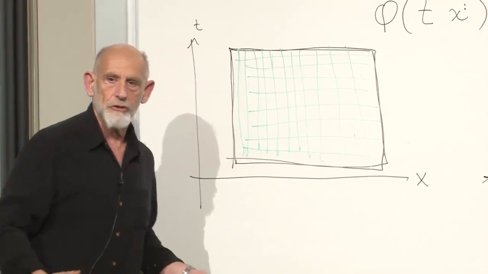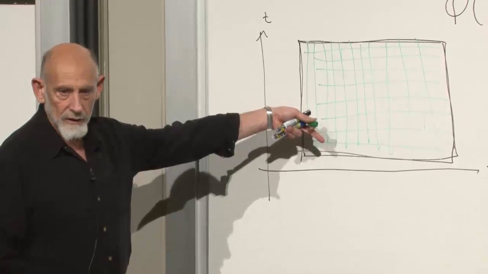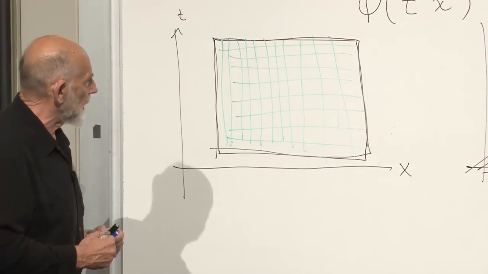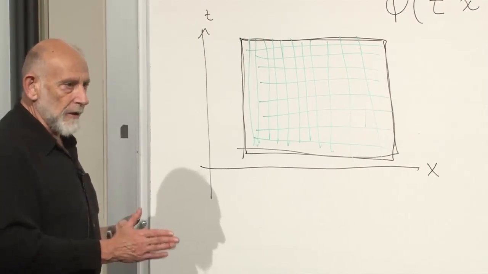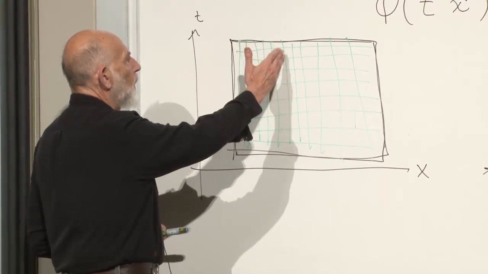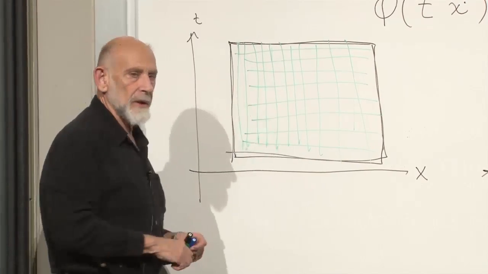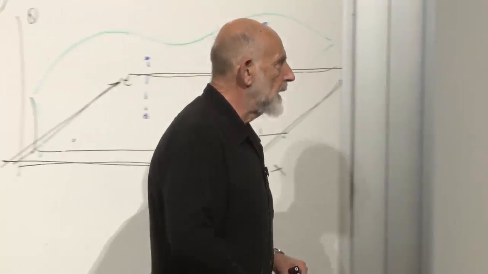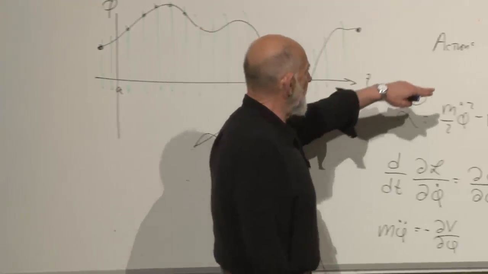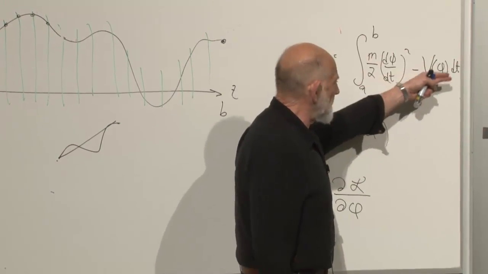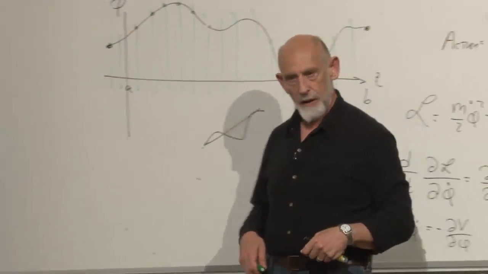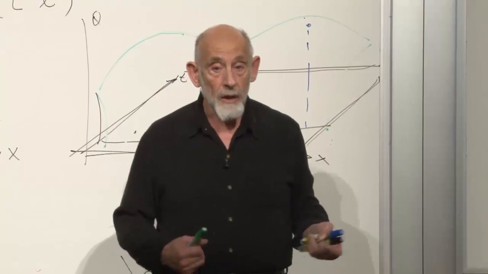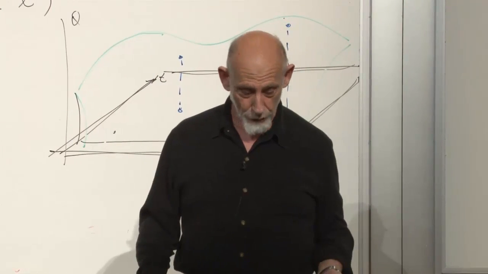This is, of course, just a trick to implement doing an integral. An integral over x and t is just a sum over all these little cells. And in each cell, we specify what the action within that cell is, and then add them all up. Okay. That's the same sort of thing that we did here. We thought of the action as a sum over little infinitesimal cells. So the only other question then is, what shall we take for the Lagrangian?